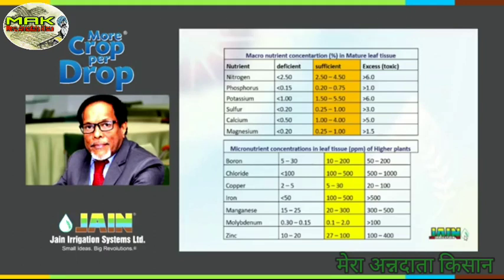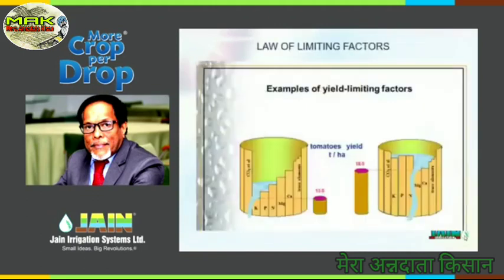And zinc. Many of you who are growing rice would know that zinc and iron are very critical for crop growth. Now, when you start a crop, nobody knows. After doing everything right, you still may not get the potential yield of that crop.